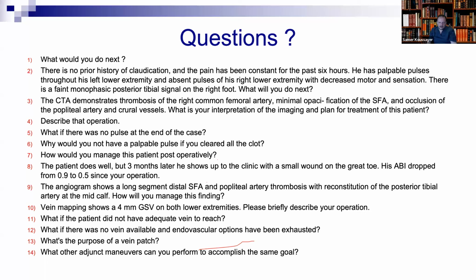But if you do a graft, the patency is very bad, especially distally. Is this something you worry about? If I don't have any other option, I will go with a synthetic graft, but I will try to do it with a vein patch. Yeah, but patency is low. Maybe it will not stay open for 1 year. So why do you use it if you know patency is low? I don't have any other option.